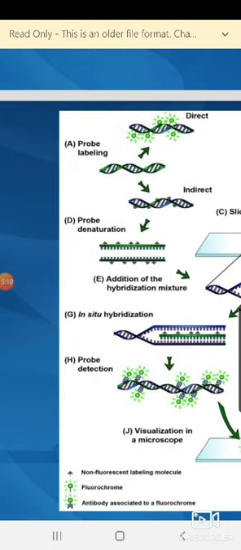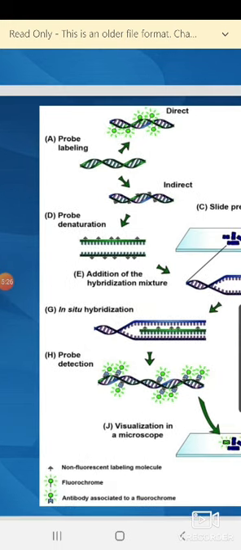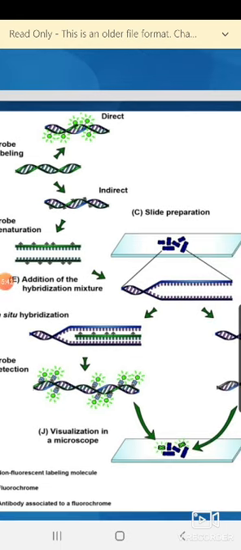So you start with probe labeling. That means this is your probe. You can label it with fluorescence, or indirectly, that means with some other label other than a fluorescent dye, radio labeling also you can do. Now we need to denature the probe, so the single strand separation is there. Now we have a hybridization mixture. Always the hybridization solution is there, and before hybridization we do a pre-hybridization solution also, and the temperature is very, very crucial for that. And at the same time you need to prepare a slide.